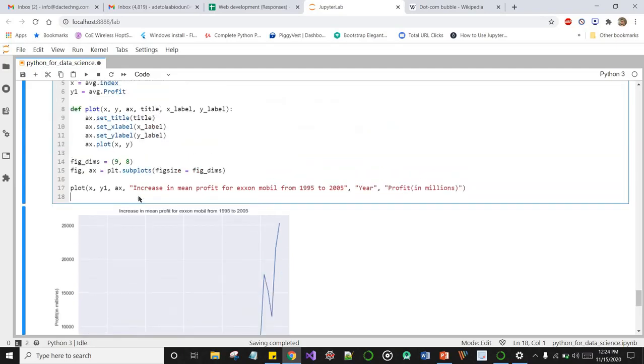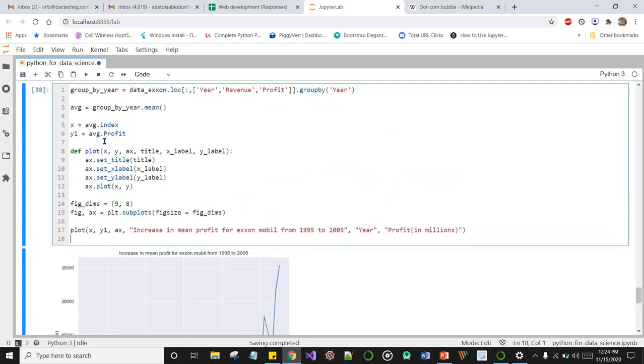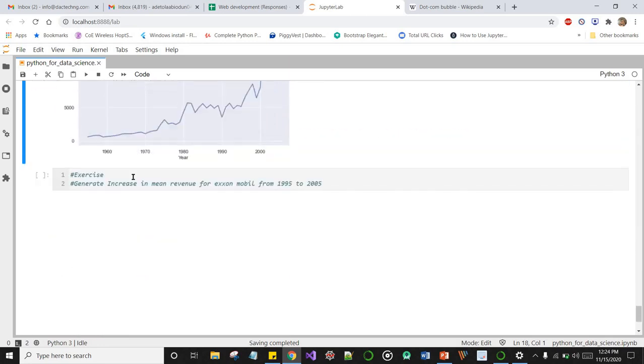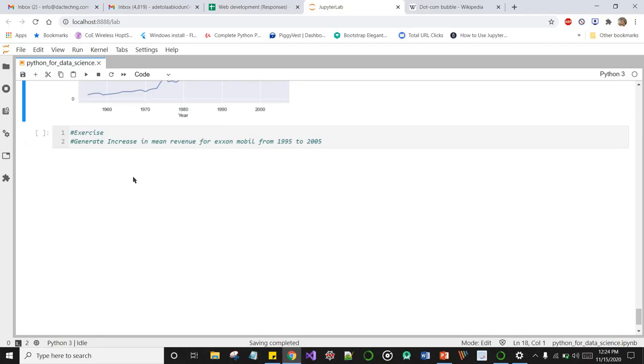And just be sure to select your X and Y, especially your Y, by the revenue column, not the profit column. And I guess that should be very simple to do.